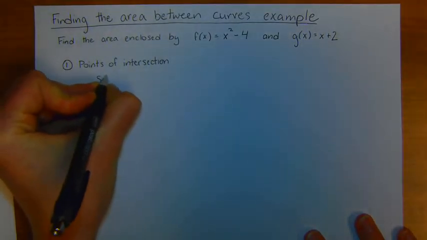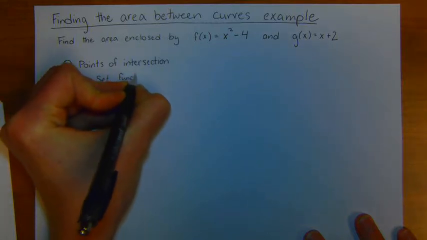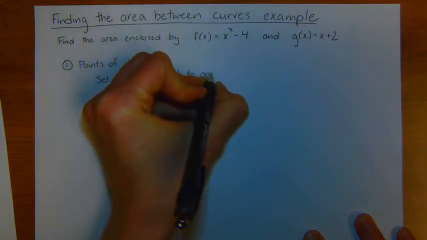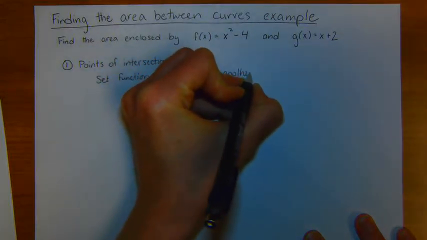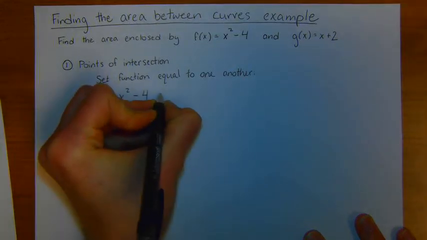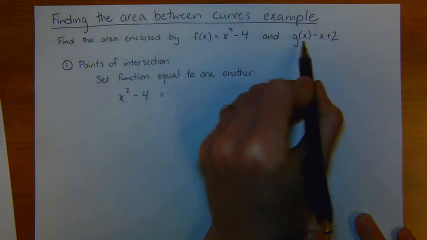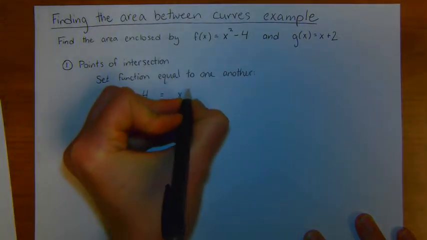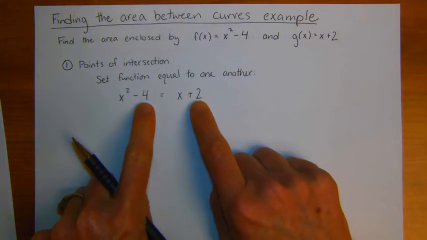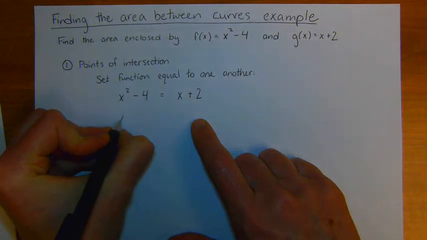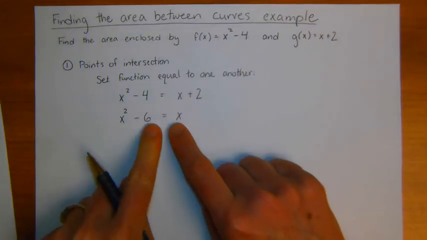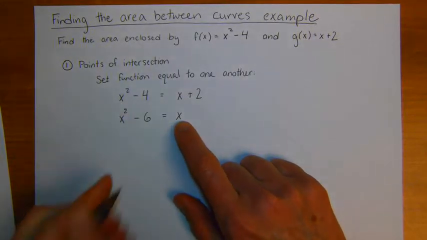So set the functions equal to one another, and we get that x squared minus 4, setting the output value of this function equal to the output value of this function, we can find the x value that worked. I'm going to subtract 2 from both sides, so I get x squared minus 6 equals x. Notice that this is a quadratic. I have an x squared term, so I'm going to have to